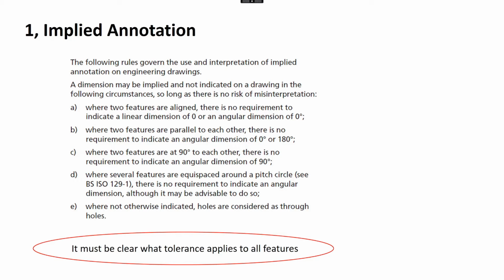Okay, so implied annotation. I've taken this from one of the British standards actually, or the ISO standards, because I thought this was quite a good explanation. And I've just made a comment at the bottom there that it must be clear what tolerance applies to all the features. So if someone's making a component, it's no good if they don't understand what tolerances are applied to that particular feature. And that's one of the reasons why I prefer using box dimensions. You've got a feature control frame or tolerance control frame. The ASME allows box dimensions without that, and I think it's more confusing for people to actually understand what the